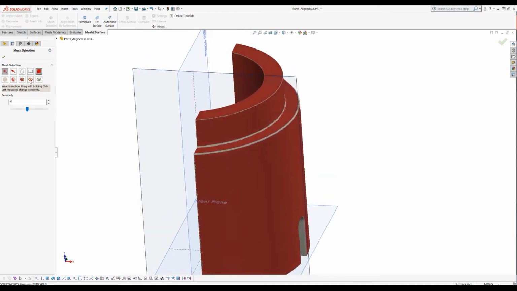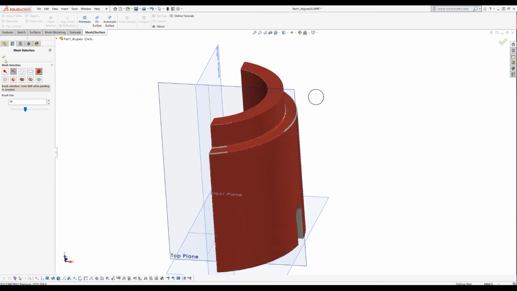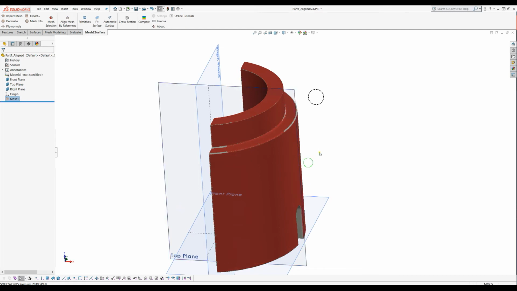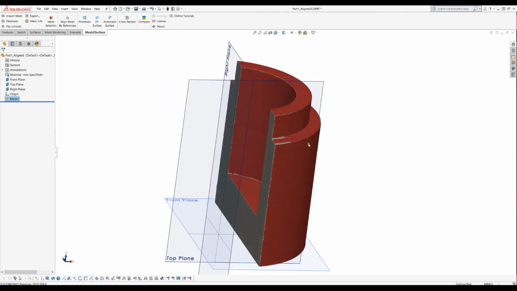Because this is unselected, maybe I will use a little bit of a brush here, so I can just get more on the fillet areas. And this is what I need to extract my profile for the revolved surface. In order to do this, we will just take these two planes,